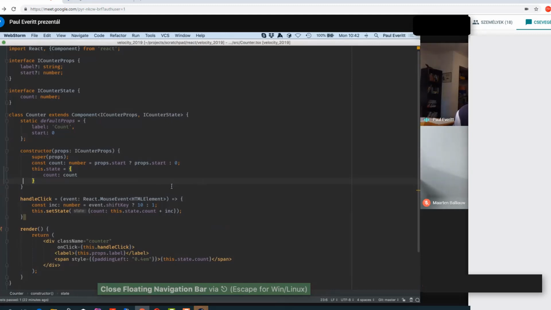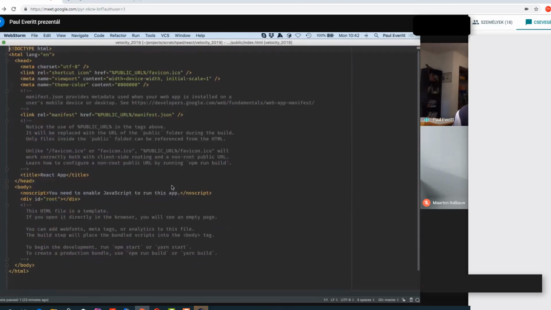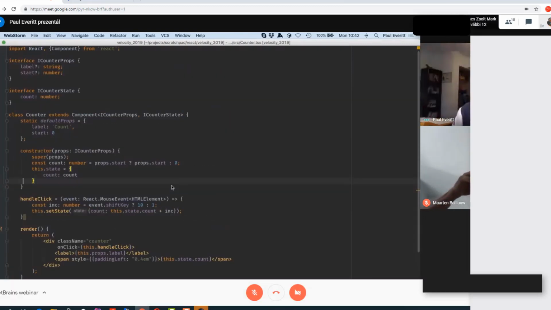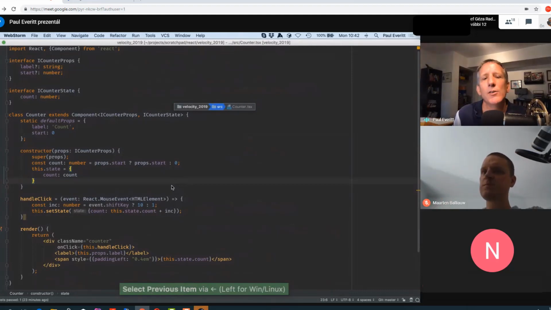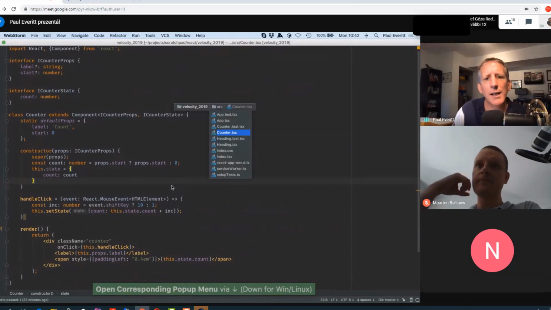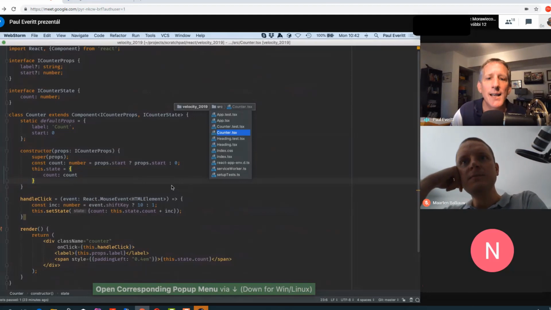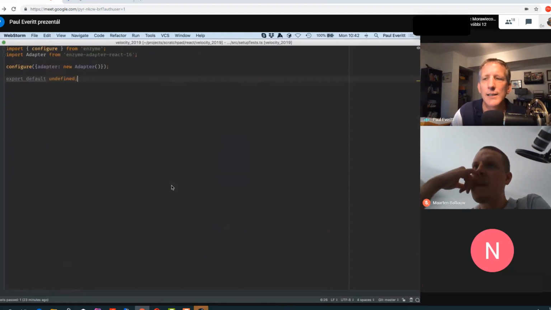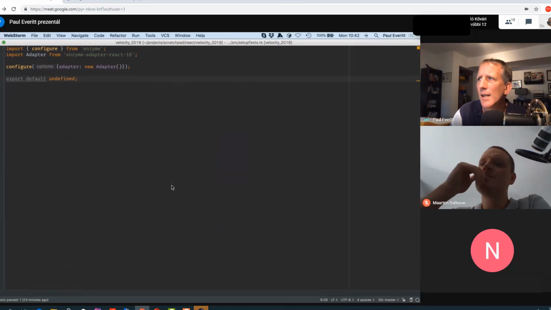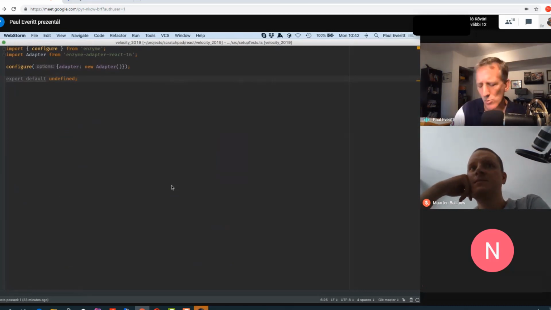And then how can I use that navigation bar? Well, I can navigate around files, my entire hierarchy, and just say, oh, I want to open that one. I can go up and do things such as, okay, here's a list. I can see everything in here, but I want to get to set up tests without using my mouse. I can do the speed search and jump to that. I can do something even more.